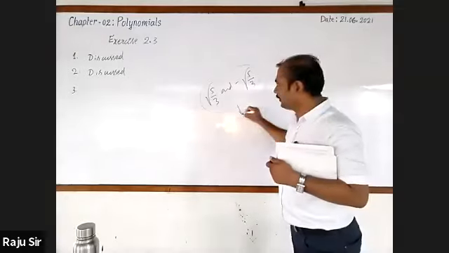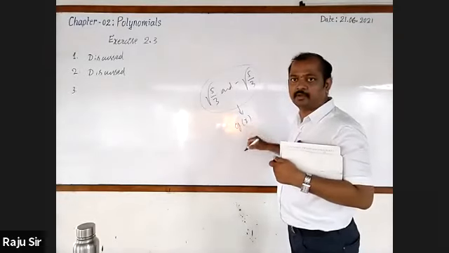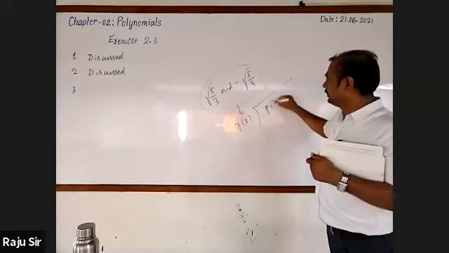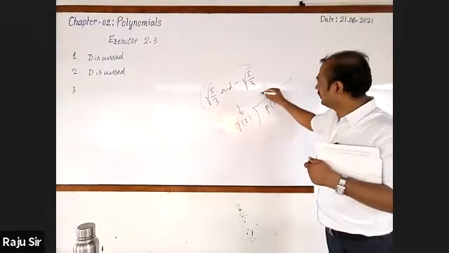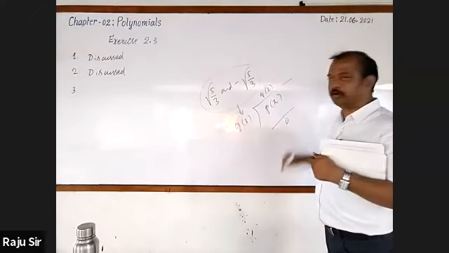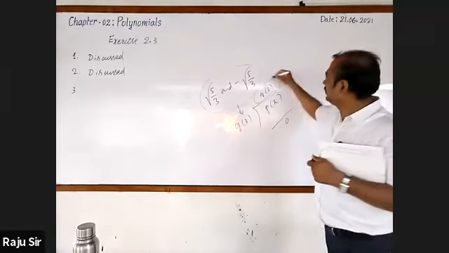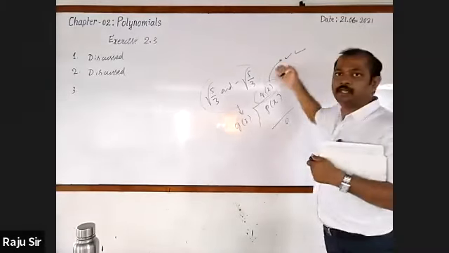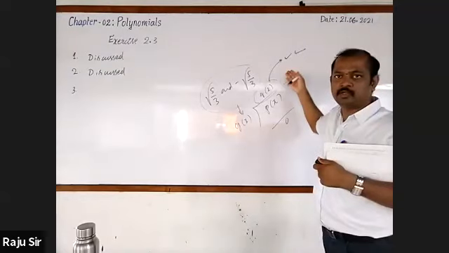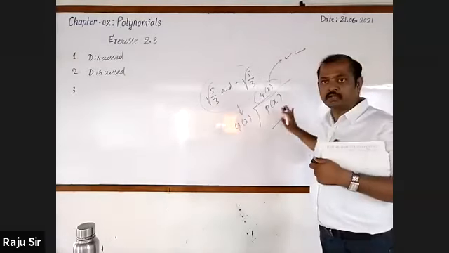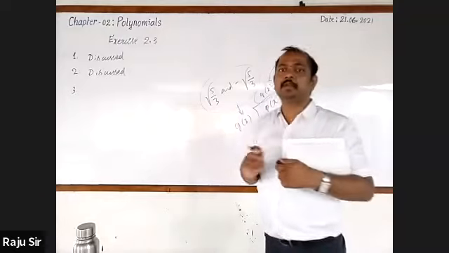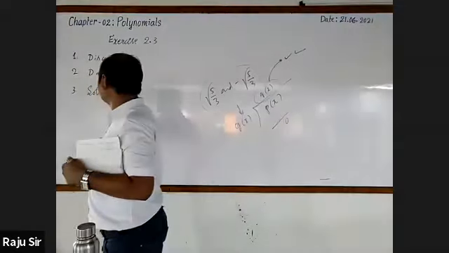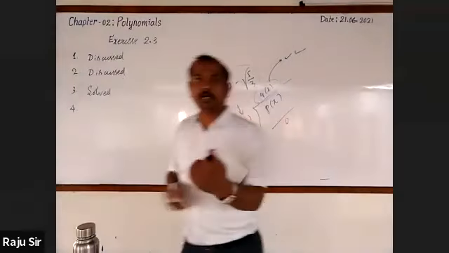Using this, we will find out the divisor. And from the divisor, you will divide the dividend. You will get a quotient and remainder as 0. And this quotient is the quotient polynomial. Zeros should be found. They are the other two zeros. It has already been solved in worked examples. So we can write it is solved. Third one is solved.